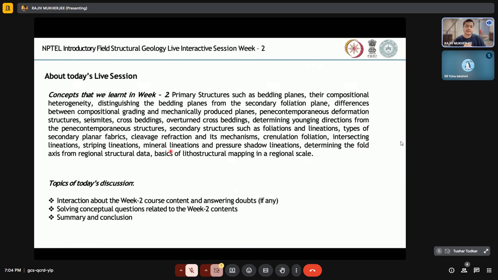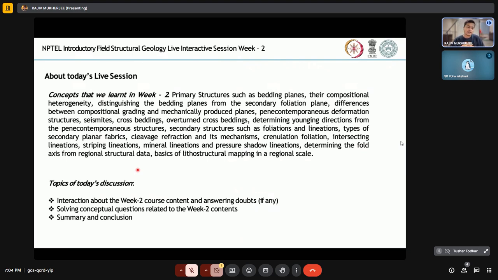And from all of these data, from the planar data, that is the primary bedding plane, secondary foliations such as S1, S2, and so on, and also from the structural attributes of these different kinds of lineations, we learned how to determine the fold axis from regional structural data. And finally, using all this knowledge, we had a glimpse of basic lithostructural mapping, which is carried out on a regional scale. So, culminating all of these new things that we learned in week 2,